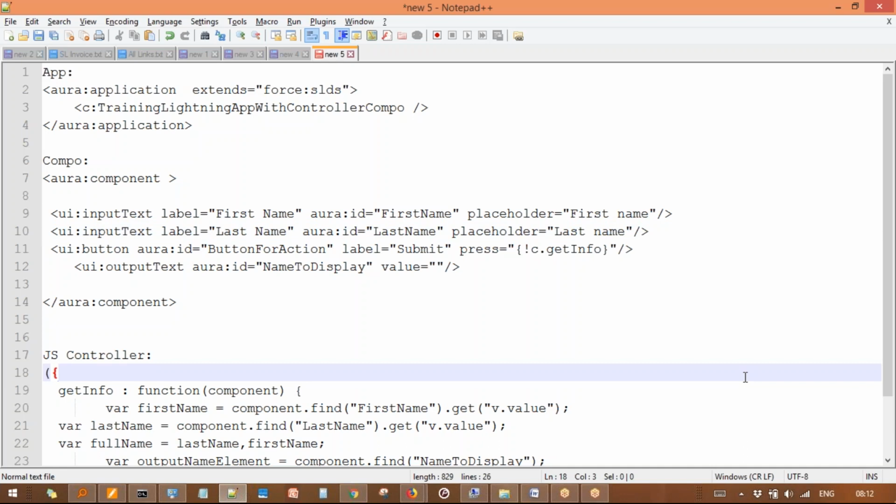Then he is creating a button, and all these are part of UI namespace. So it's correct. UI input text, UI button, all these things. Whereas the application or component we create with the Aura namespace, because the definitions of all these things is created in Aura namespace. The definition of command button, apex page, apex output text, apex output table, or page block table,